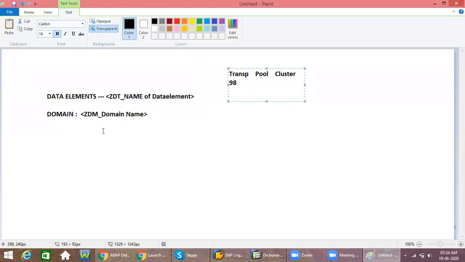Viru sir, if you want, you can also note it. First, you can take a definition. I will explain one by one.